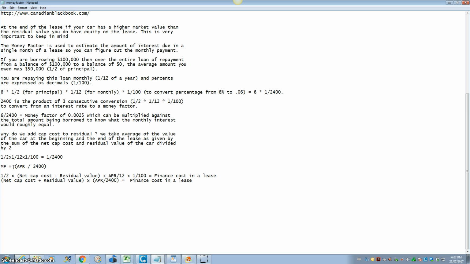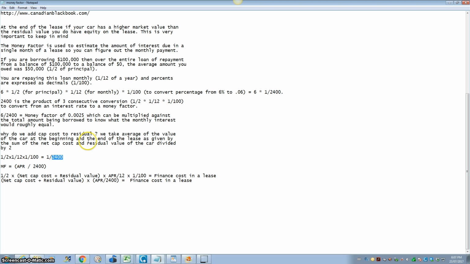No. So the basic theory is 1 by 2 multiplied by 1 by 12 multiplied by 1 by 100 is equal to 1 by 2400. That's how the 2400 is coming. That is 2 multiplied by 12 multiplied by 100. So the question is why 1 by 2? So what we are doing is why do we add the cap cost to residual? What we are doing is we are taking the average of the value of the car at the beginning and